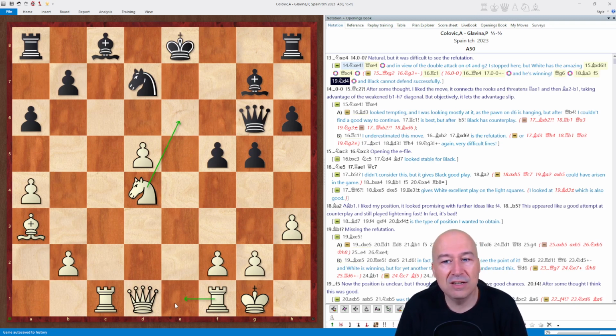So you see, it would have been a very nice combination, a positional piece sacrifice for long-term compensation, which objectively leads to a winning position for white. So this was the first instance where I faltered. Now going back